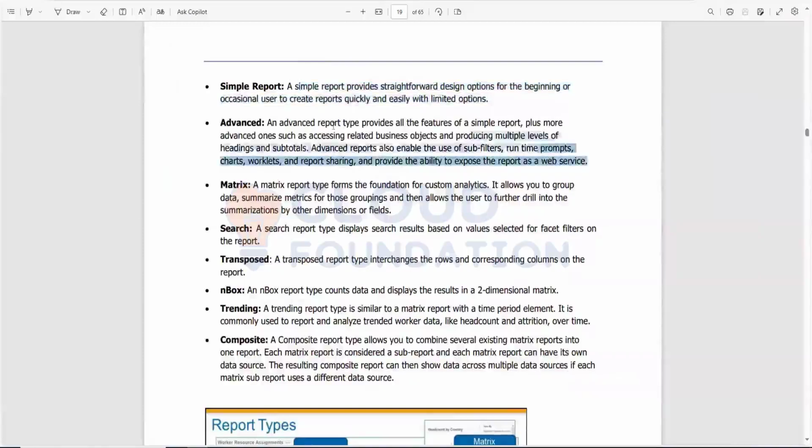Advanced report also, you know how exactly advanced report is being used in Workday and what the uses of advanced report outside Workday are. Then a matrix report type from the foundation of custom analytics is basically if you need to analyze anything, you create a matrix report. Let's say you have created a matrix report which gives you the performance rating for each country. For each country, whatever number of employees are coming in, let's say rating 1, rating 2, rating 3, rating 4, rating 5,